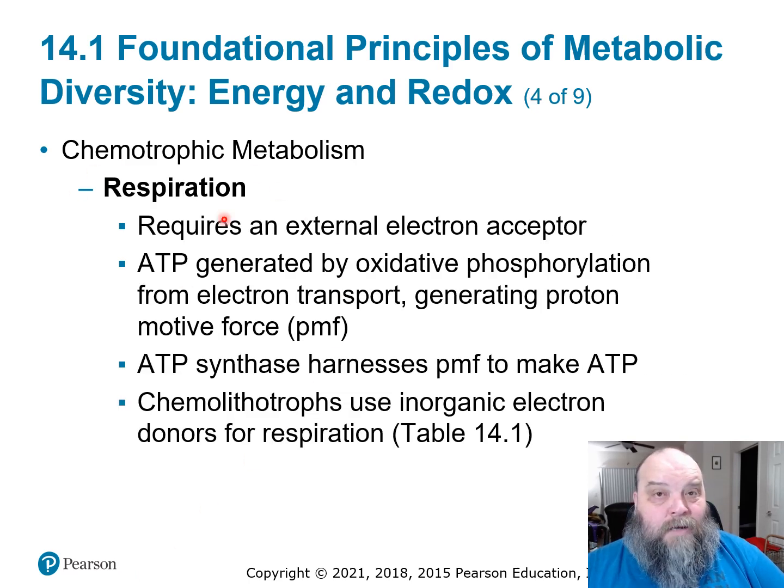Respiration, which is what I just talked about, using oxygen as the final electron acceptor, means that the excited electrons that are plucked off of carbon skeletons in glycolysis as well as the citric acid cycle will then be utilized by different cytochrome complexes to pump hydrogens across a membrane. For us eukaryotes, this is in the mitochondria, from the matrix to the intermembrane space. For prokaryotes, it's going to be from the cytoplasm across their cytoplasmic membrane into the space, either between the thick peptidoglycan layer for gram positives or into the periplasmic space for gram negatives.